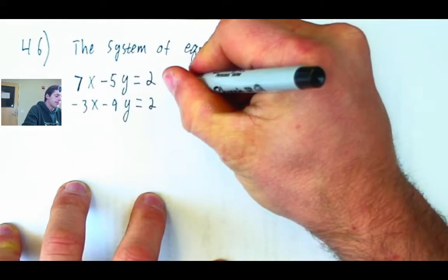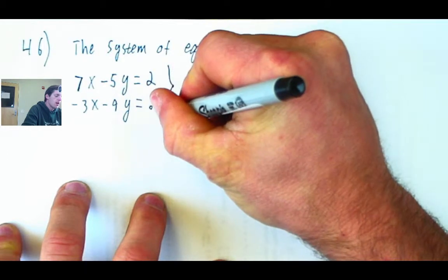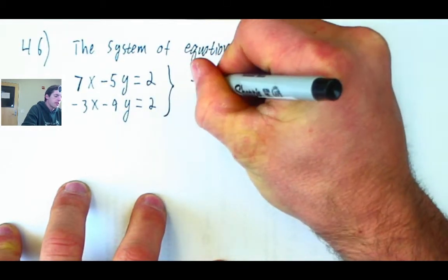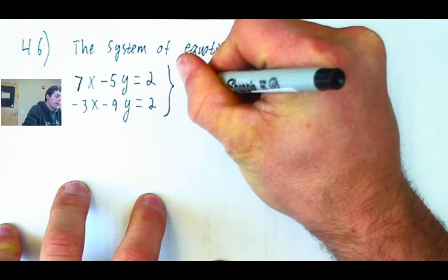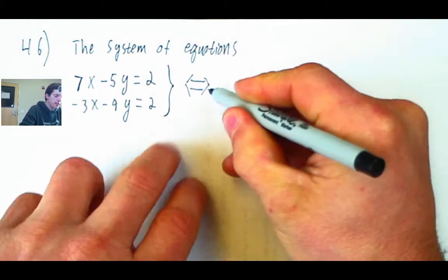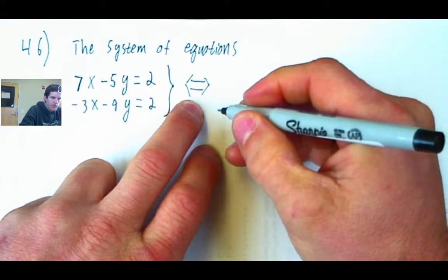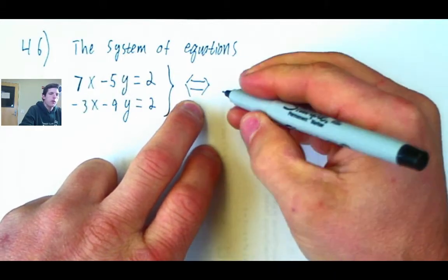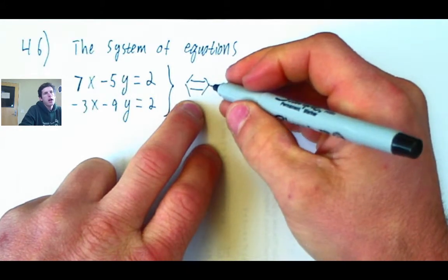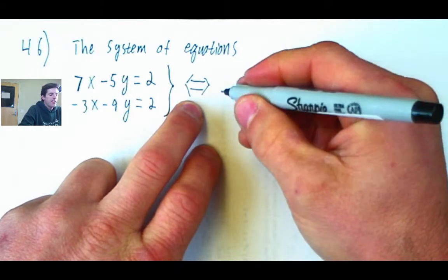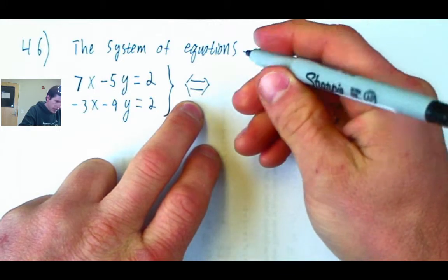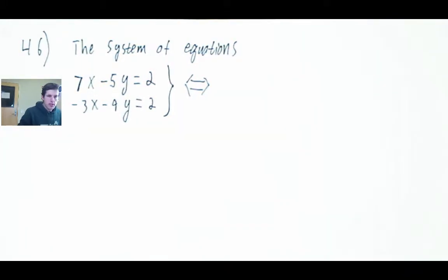So let's see. This system right here, I'm going to group them together with that and then say is equivalent to. Now that symbol right there really is shorthand for "is equivalent to." It just is shorthand for those words. I could write "is equivalent to" and then whatever follows, or I could just write this symbol. It is only shorthand. It is not diagrammatic thinking, it is shorthand. Okay, is equivalent to,